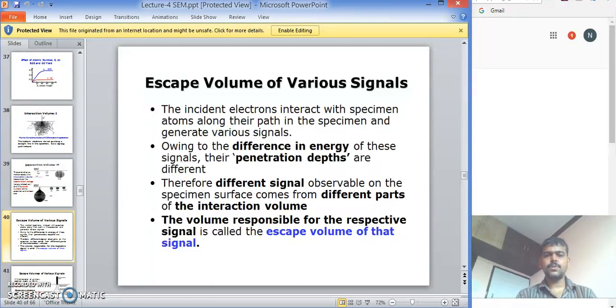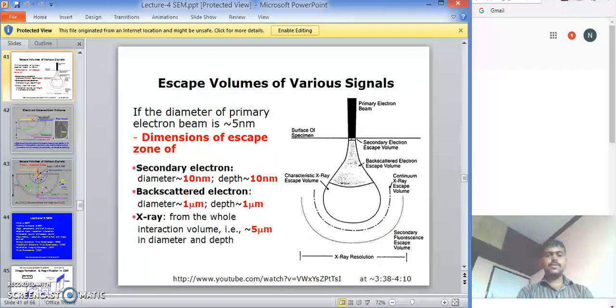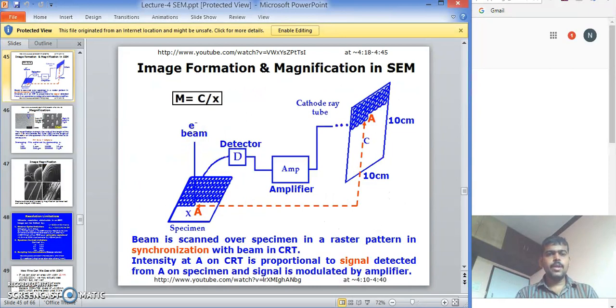The volume responsible for the respective signal is called the escape volume of that signal. The dimensions of the escape zone of secondary electrons is 10 nanometer diameter and 10 nanometer depth. For backscattered electrons, it is 1 micrometer diameter and 1 micrometer depth, whereas for X-rays, the diameter and depth is about 5 micrometers. During image formation and magnification process,